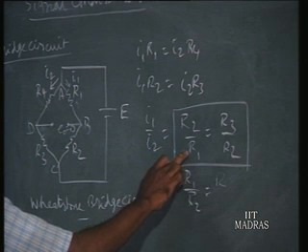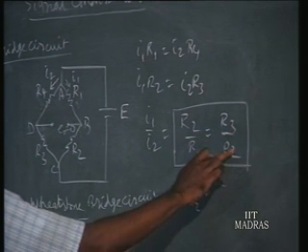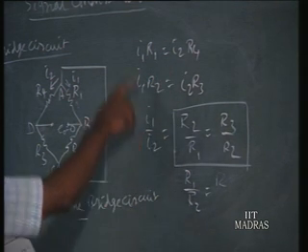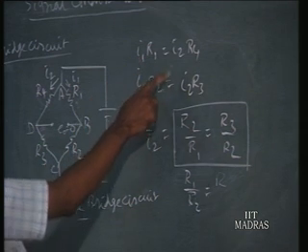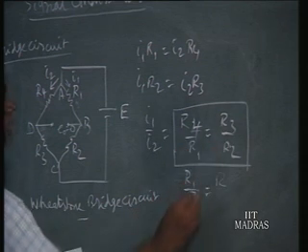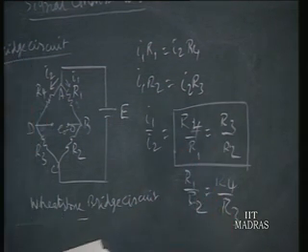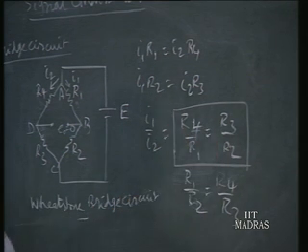R2 by R1 is equal to R3 by R2. Now, this is R2, I1 by I2, R1 by I1, R4. This is R4. So, R1 by R4, we can write R1 by R2 is equal to R4 by R3. This is one way of writing. So, R1 by R2 is equal to R4 by R3. That is